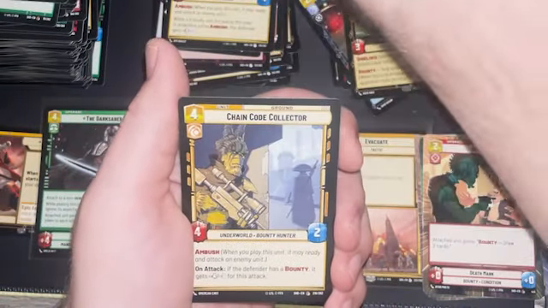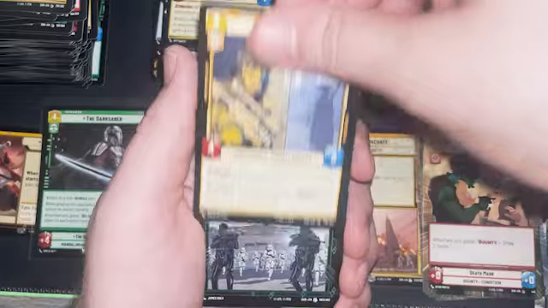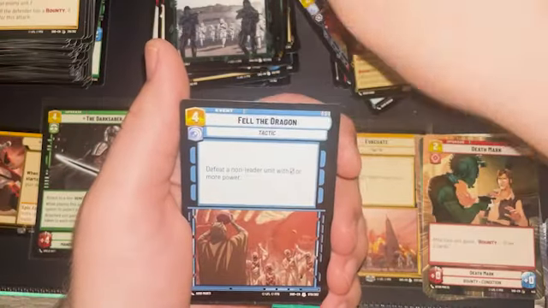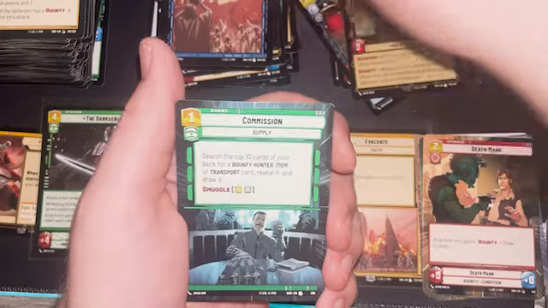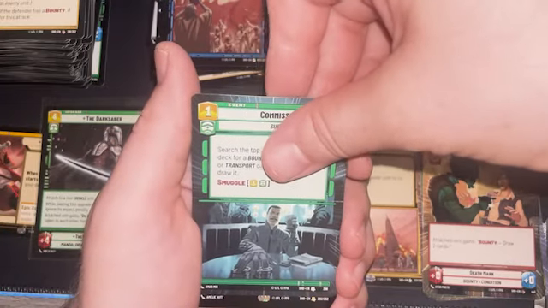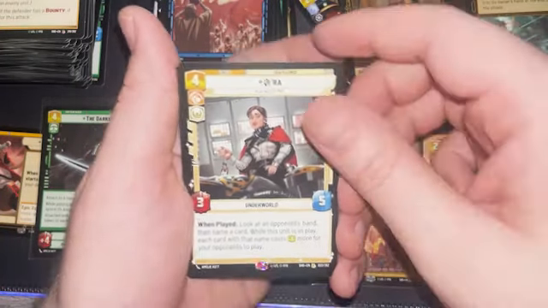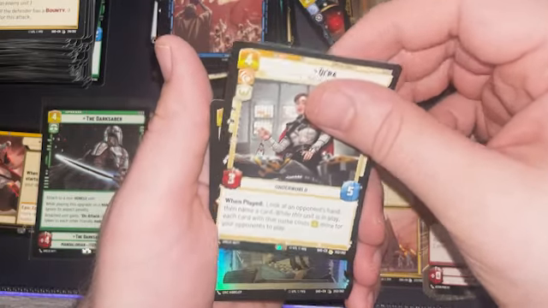Resourceful Pursuers, Chain Code Collectors, our last common, Remnant Reserves, Fell the Dragon, and Commission Uncommon Hyperspace, followed by a rare, Kira. Love this card. Love that movie. And, oh, it's...